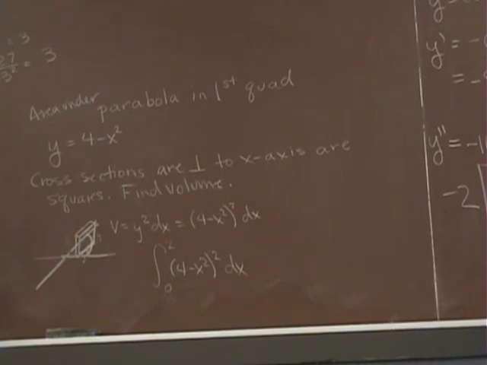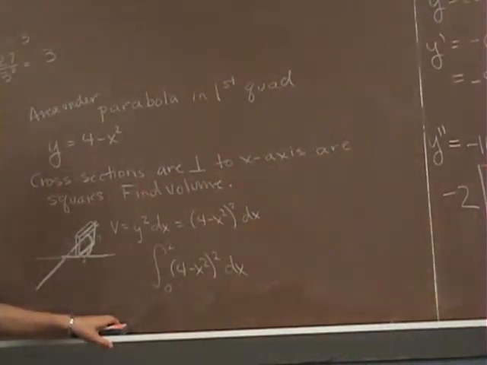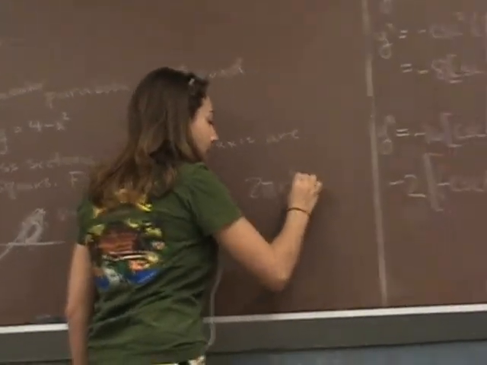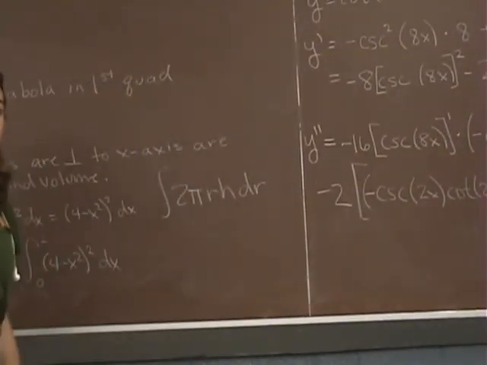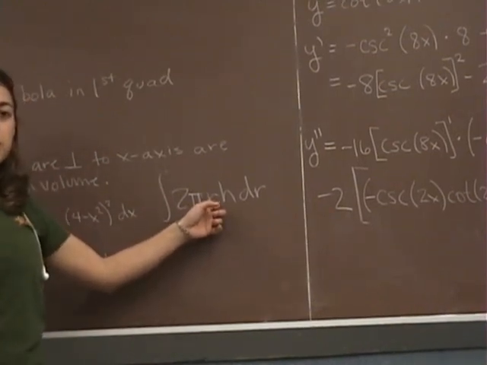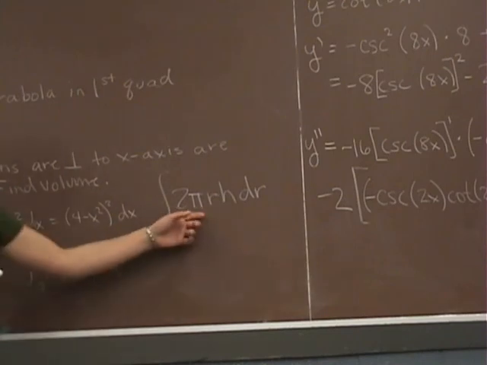That's good. Also, last, very quickly, can you at least in general explain how to do one of the shell problems from 6.3? Let me do that in a little. We just did the shell problem. So in general, the idea of the shell problem is 2 pi r h dr. You just have to draw your shell, figure out your radius, figure out your height. Your dr is the same, whatever variables you use for your r. It was different from the way we did it in 6.2 with the cylinder and stuff though. Pretty much the same, except we use this formula rather than pi r